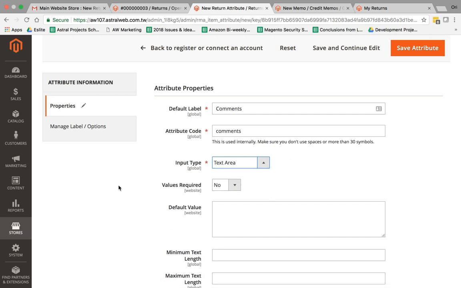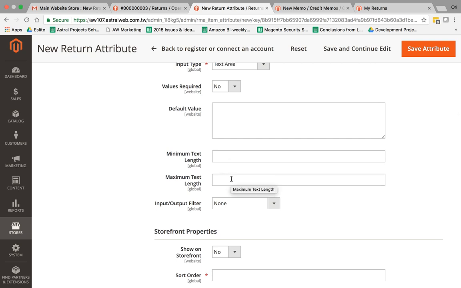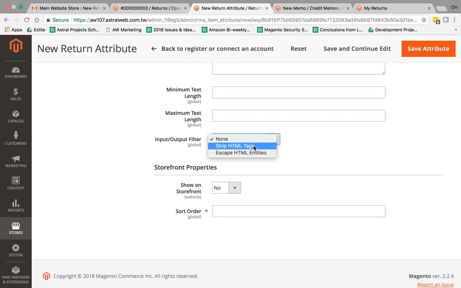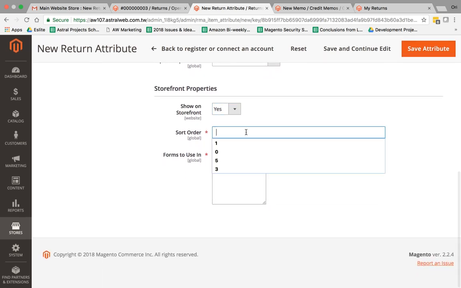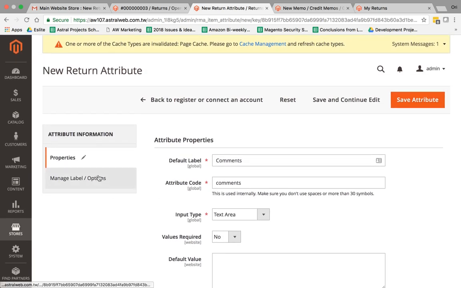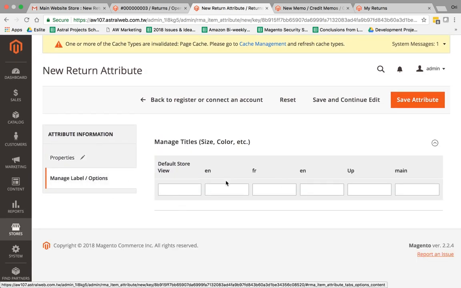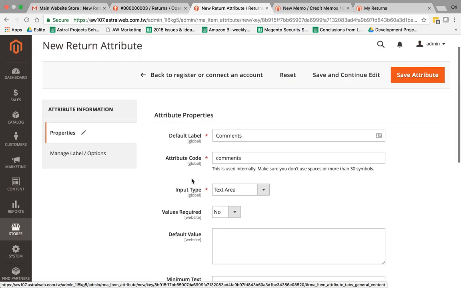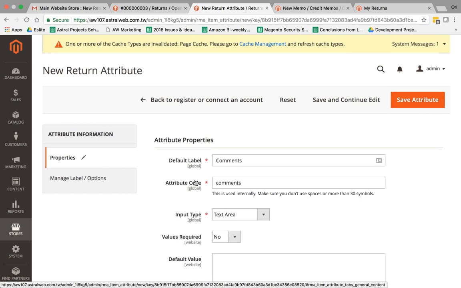We can make this field required when they open an RMA, and set a default value, a minimum text, a maximum text, and filters. Do I want to remove any HTML tags or things like that? Do I want to allow this only in the backend when the business opens an RMA, or can the customer also see it? There's a default sort order, if I have multiple attributes, and any labels, if I have many different store views. Okay, cool. So this is number one, setting up new attributes for the RMA.